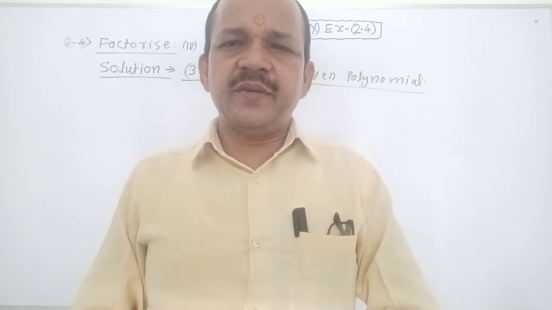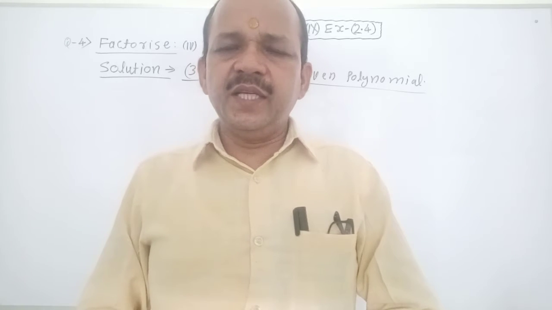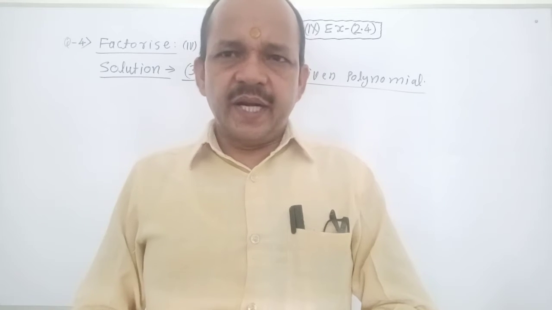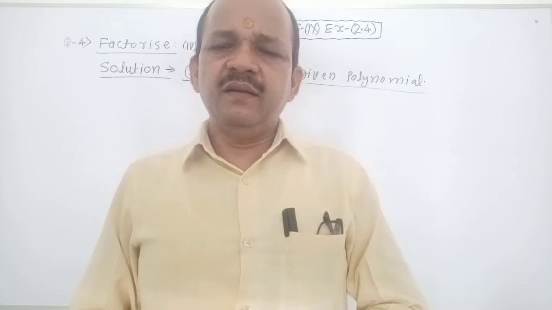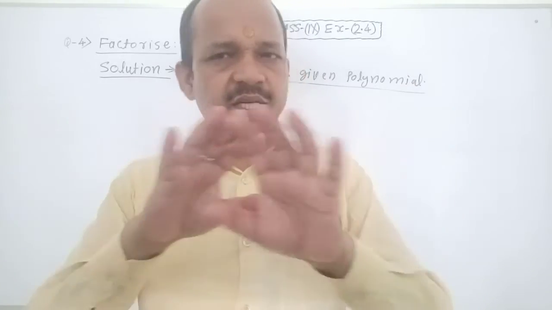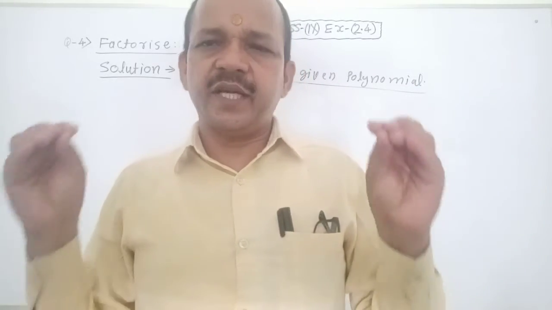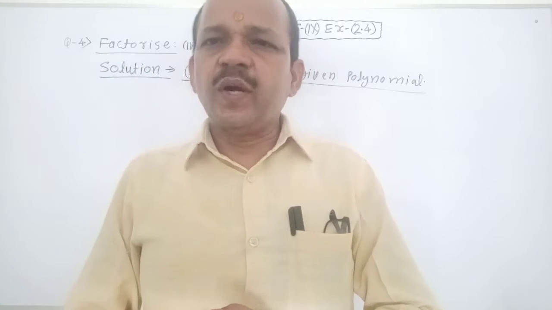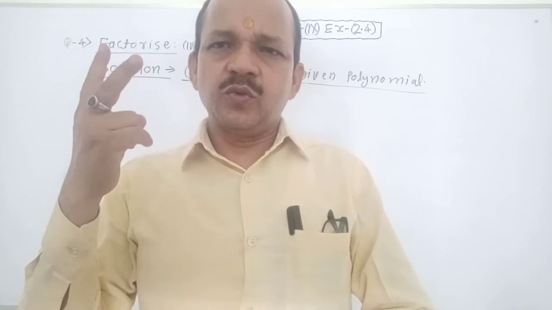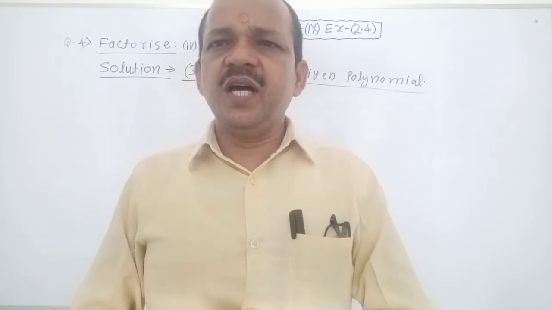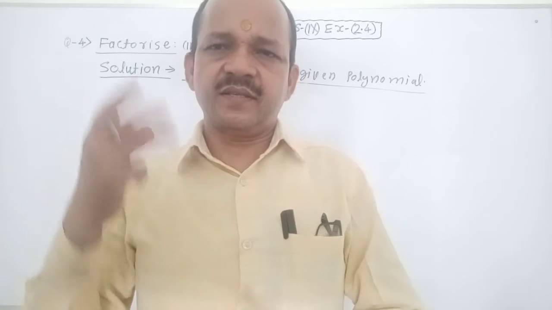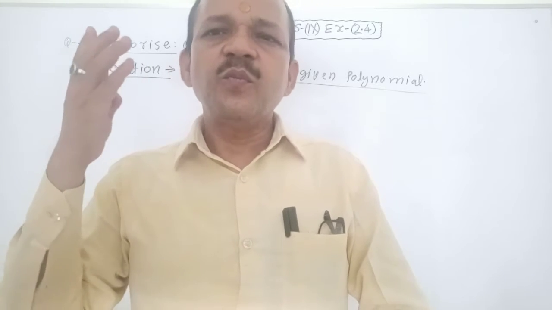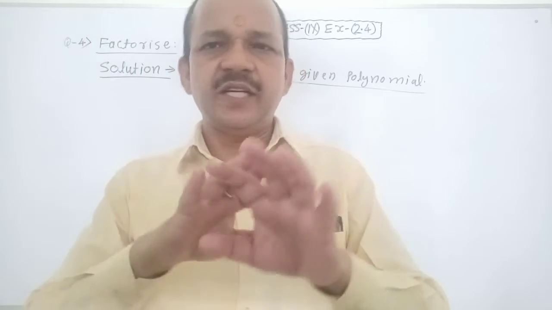Now I want to describe degree based polynomial. Degree based polynomials are many, namely linear polynomial, quadratic polynomial, cubic polynomial and biquadratic polynomial. It is clear? No confusion about it? Very good. Linear polynomial has 1 zero, means one answer. Quadratic polynomial has 2 zeros, means 2 answers. Cubic polynomial has 3 zeros, means 3 answers. Biquadratic polynomial has 4 or more zeros, means 4 or more answers. It is clear?